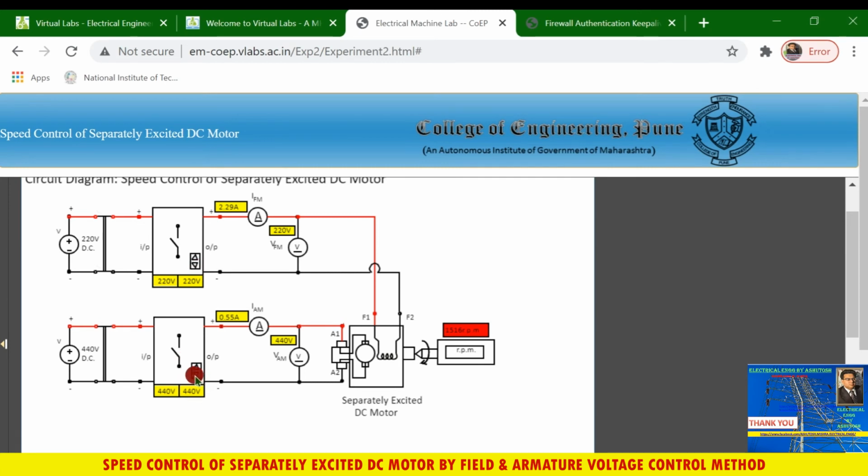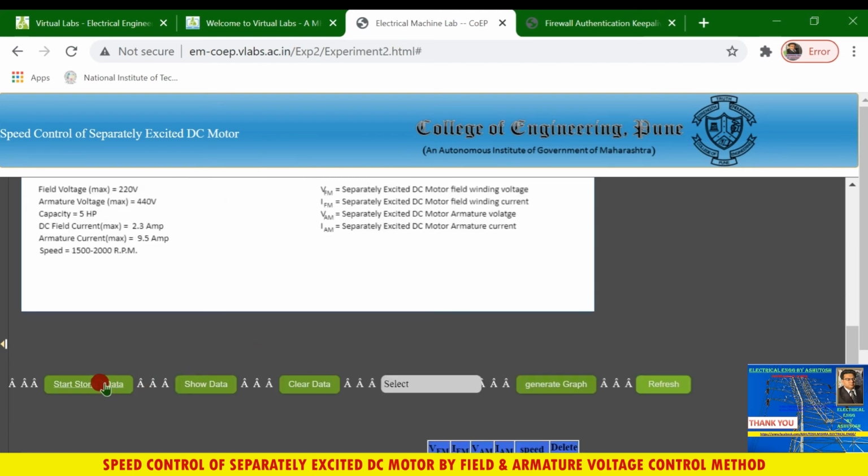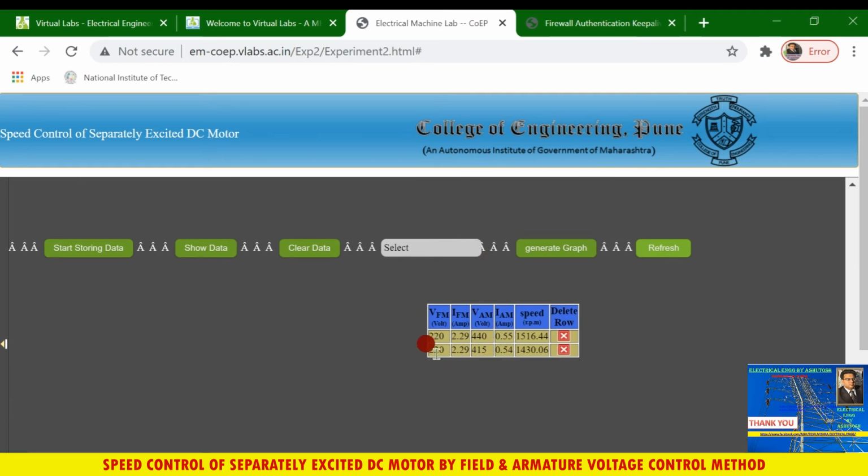So decrease the armature voltage from 440 and field will be constant. Okay, field parameters will be constant now. So 420, now see the speed of the motor, 1430 rpm it becomes. So we will store this data and show data. So this is the second row of observation table.